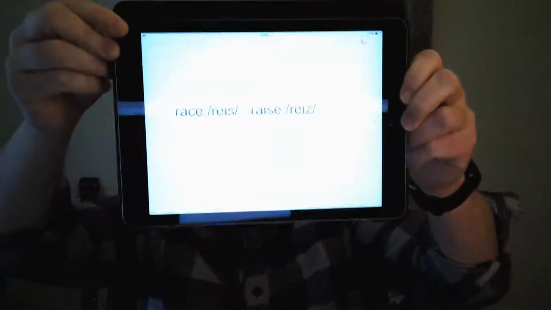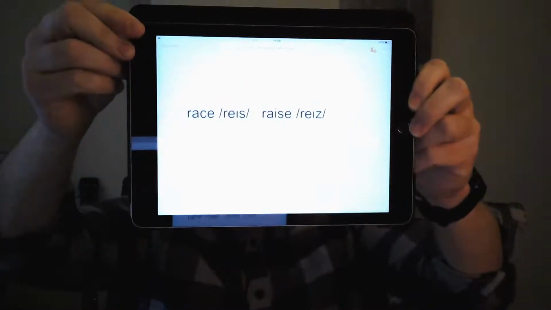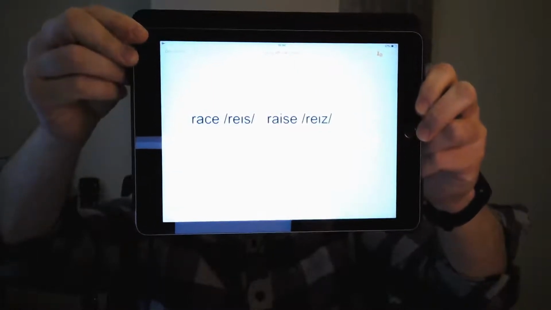I'm going to put the phonemic spellings up. I said raise, raise, and it was number 2. So well done to those who said that. Obviously, these words are very similar, so you can mix them up. But listen to both of the words when I say them just now. Race, raise, race,